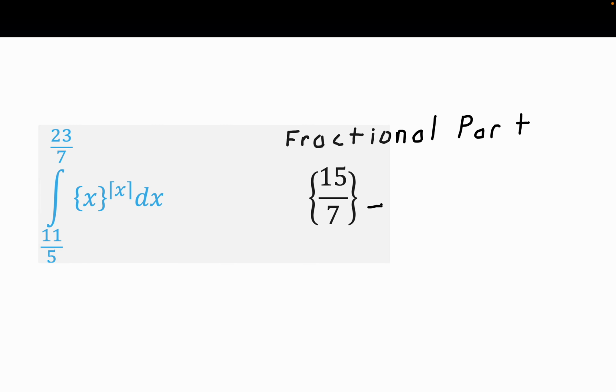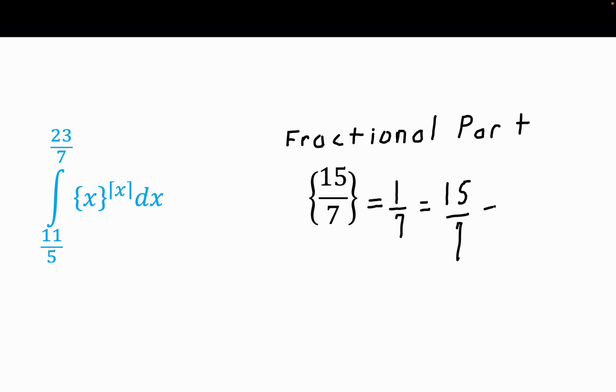Here with some strange symbols. So let's talk about what those strange symbols actually mean. Now that very first one, the curly braces, actually means the fractional part. A nice way of thinking of that is just to subtract 2, or that would be called the floor function. This is the same thing as 15 over 7